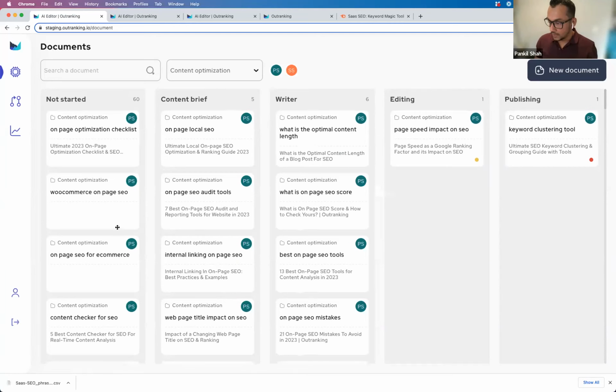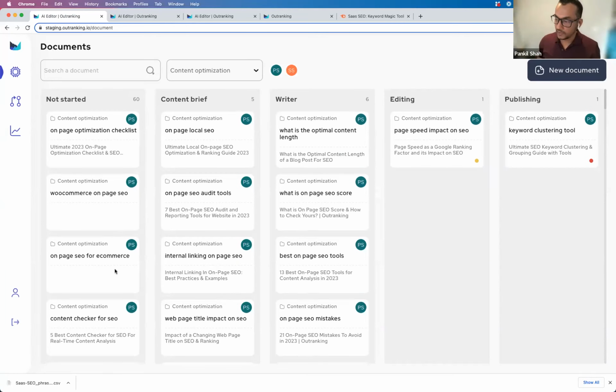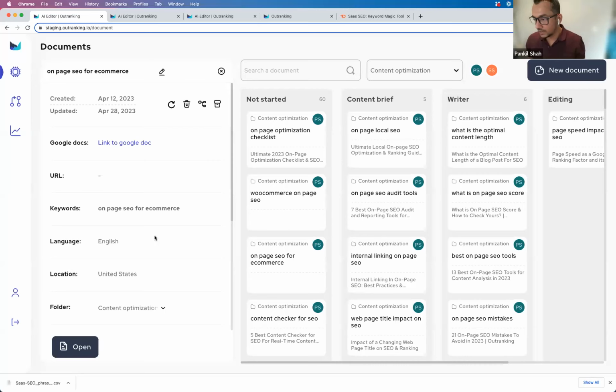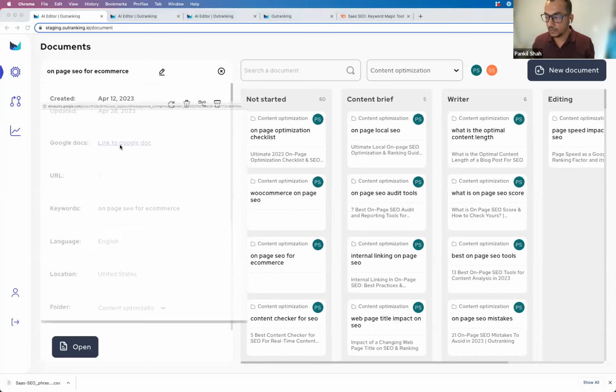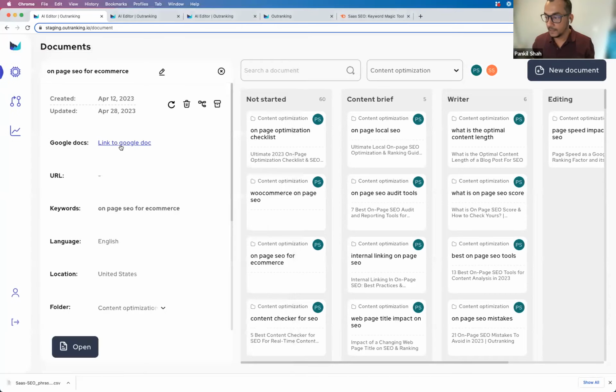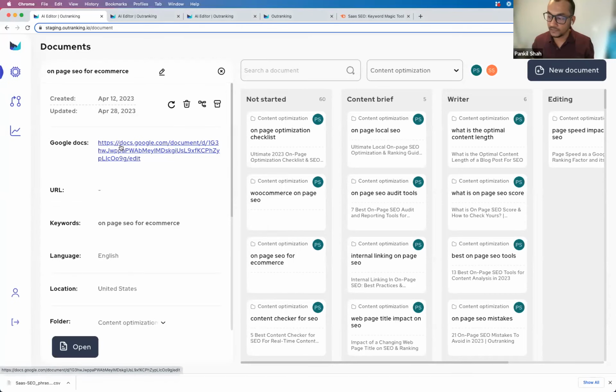Let me go ahead and click on the page for e-commerce. If I click on it, it'll open up the site panel, which is usual, like the other panel as well. But what you'll see new here is the Google Doc link. You can click on Google Doc link, and it will automatically fetch the Google Doc link and add it over here. So now you have cohesive project management.